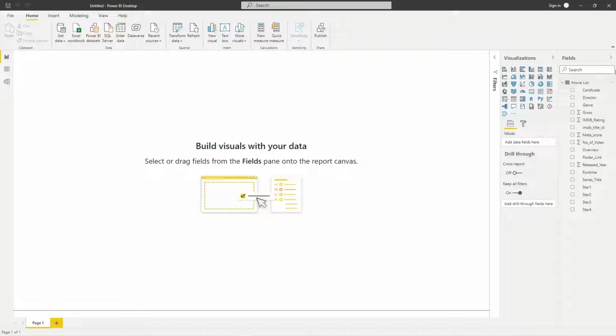Okay, so to create a visual, we can either go to the new visual option at the top of your screen, or in the visualizations pane, you can select a visual that you require, and there are little icons that depict what visuals you may want. There's some that will be probably quite common to you: bar charts, column charts, pie charts, etc. So in this introduction, we're just going to create a simple table. If I click table, on mine it's on the 4th row down, second from the left. If I hover over it, it does indicate that it's a table. I click on that,